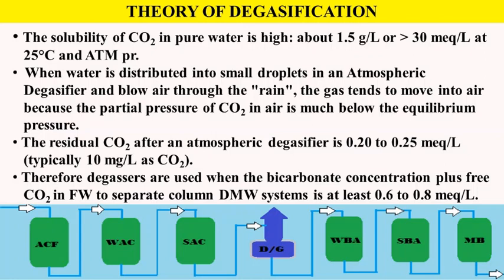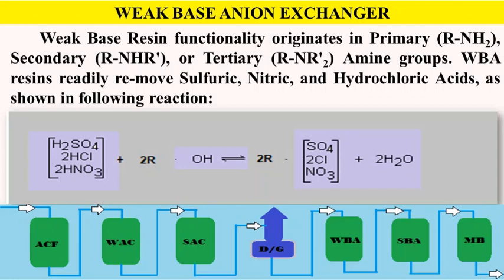However, in degassers, we can degasify only when CO2 concentration with bicarbonate concentration is at least 0.6 to 0.8 milliequivalent per liter. Otherwise, it is not effective. The weak base resin functionality originates in primary, secondary or tertiary amine groups. Weak base anion resins readily remove sulfuric, nitric and hydrochloric acids. So they are utilized just after the degasser, so that they can effectively contribute